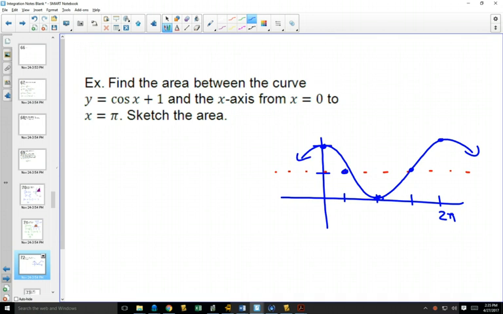There's your graph of cos of x moved up 1 unit. We want to find the area from 0 to pi. So as far as our shading goes, that's my best crayon coloring I've done in a long time. That's what we get. I think that's a really nice area to try and find because there's lots of curves all the way with it. So as far as figuring this out,